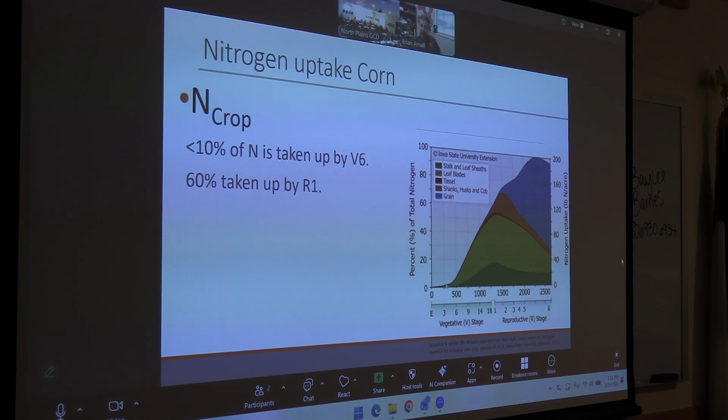And a big thing that I like to push and understand is that this is V6. By V6, less than 10% of the nitrogen that is going to be used is taken up by the crop. But that's usually when we have 100% of our nitrogen available. And one of the aspects, if you're watching a blog, we're kind of getting this conversation on the OSU NPK blog,